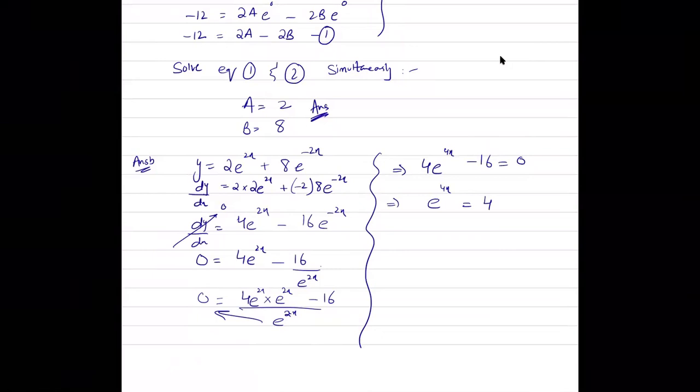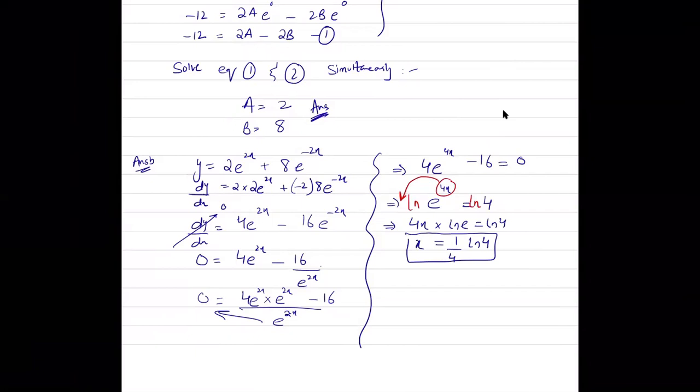Okay. Now, if you remember, it's an exponential equation. To solve an exponential equation, you can apply logs on both sides. This 4x being the power can be written as a product on the left hand side. So 4x times ln e equals ln 4. Ln e is 1. So you're going to get x as 1 upon 4 ln 4. Would you agree with me till here? Yes, sir. Okay.